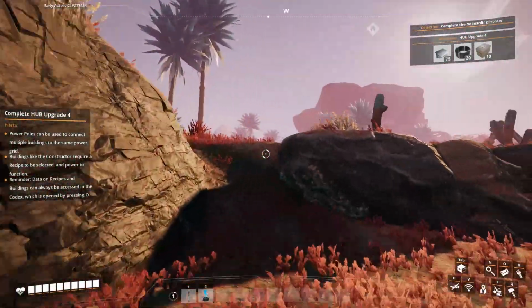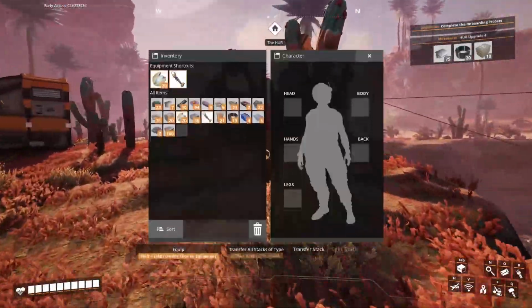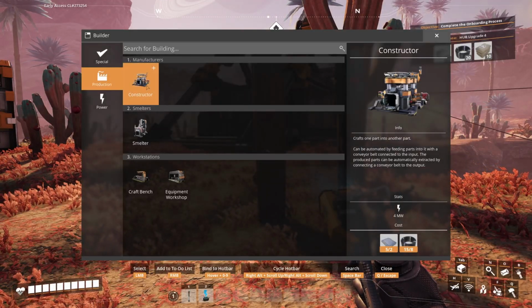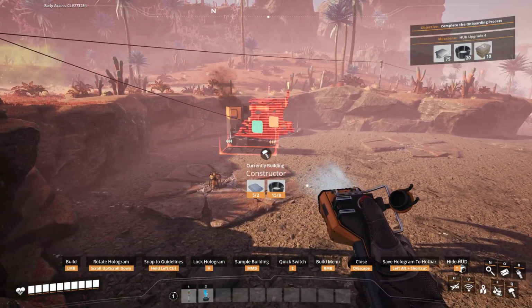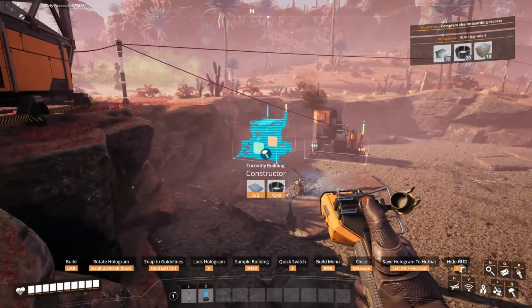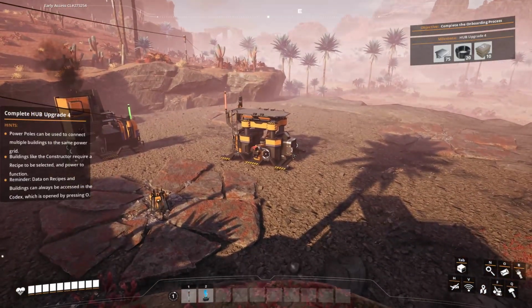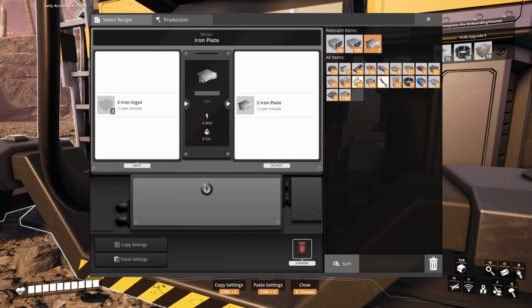Now, what I'm about to do, though, is build the constructor. So the constructor is, well, it constructs. If we were to push the smelter into this, it would eventually just construct whatever it is that I want. For the time being, I know, again, poor quality setup, so we're going to be doing that for now. We're going to have that down there, and you can pick what you want constructed. So I'm going to take iron plates, for example, and then you throw in your iron ingots,